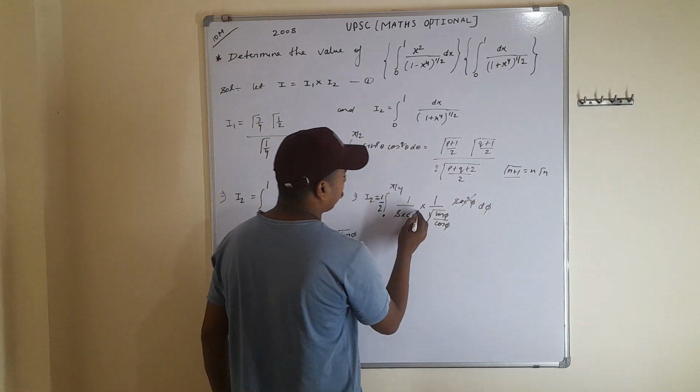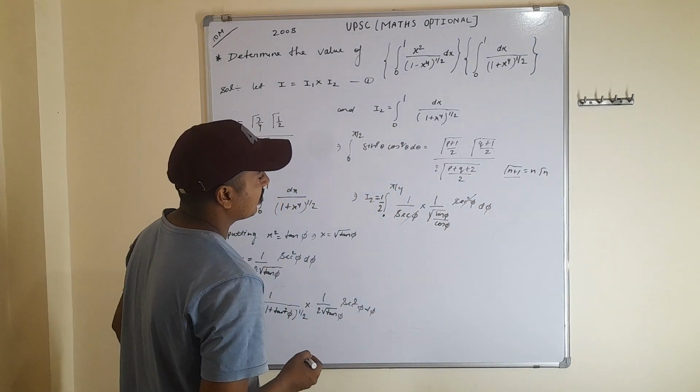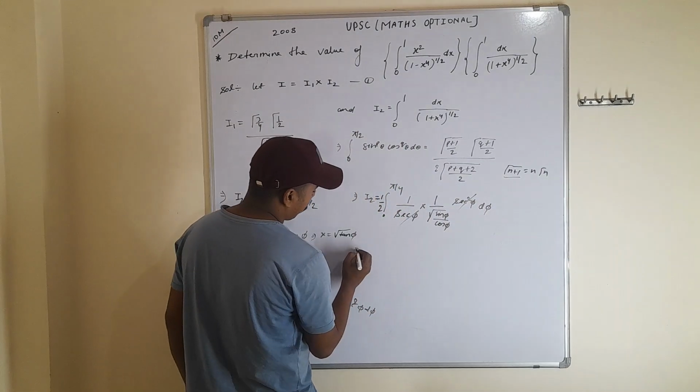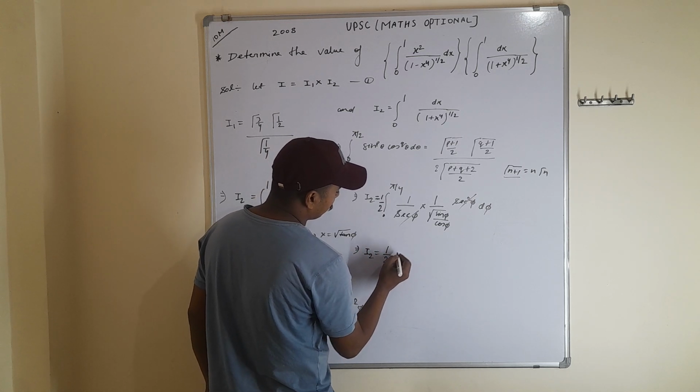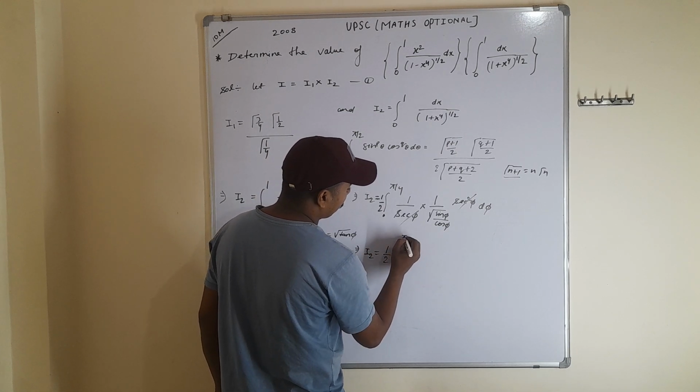From here sec square phi and sec phi cancel out, that is remaining I2 is equal to 1 by 2, 0 to pi by 4,